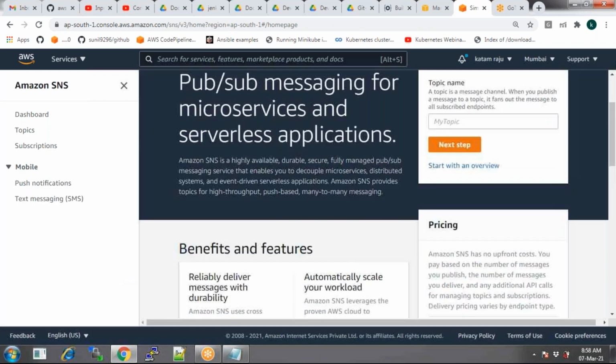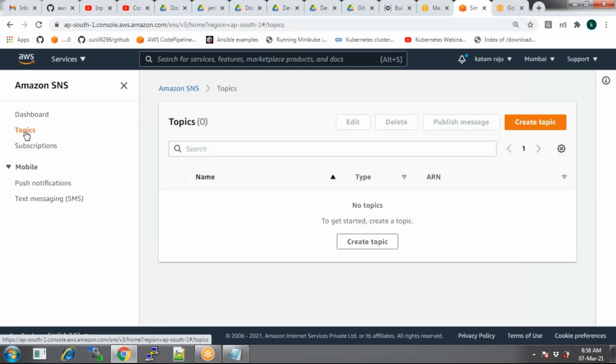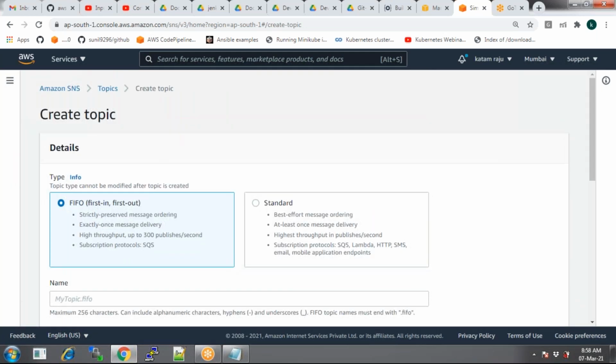so just go with, that's the dashboard. Go to topics first. You create a topic. So what is a topic? You're registering an email ID. For what purpose are you going to use that email ID? Are you going to use it for EC2 purpose, or some database purpose, or some deployment purpose? So create that topic. This is just a topic. So create the topic first. Okay. Now, so go with